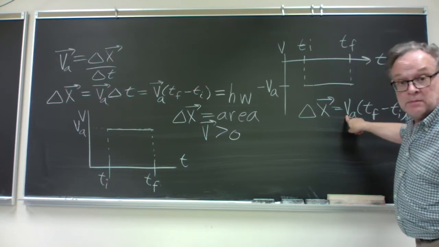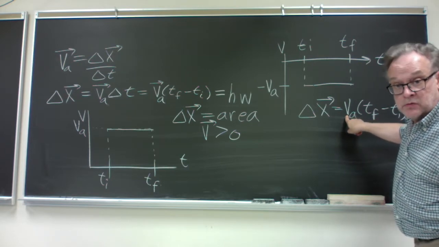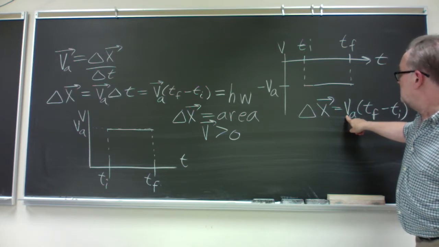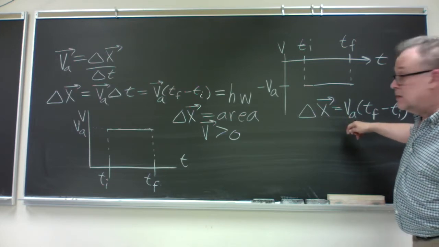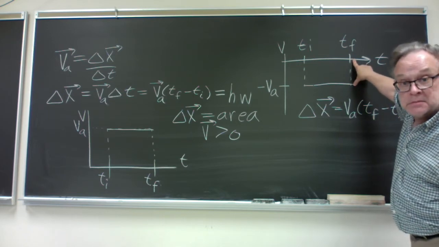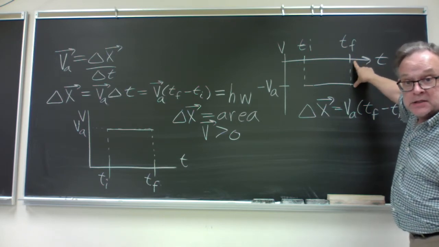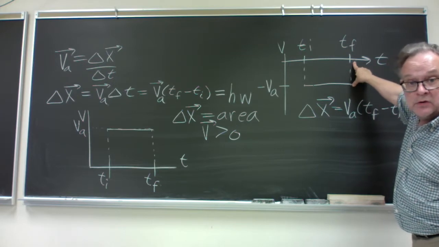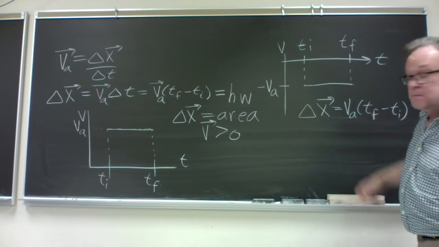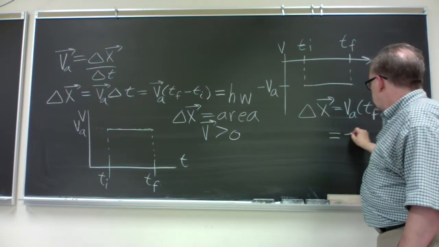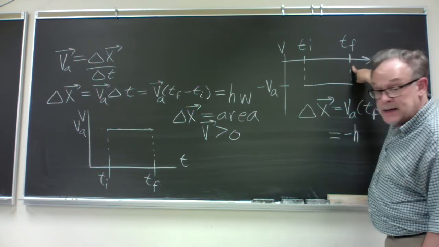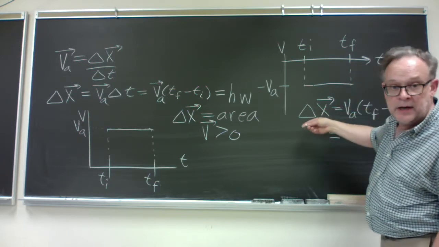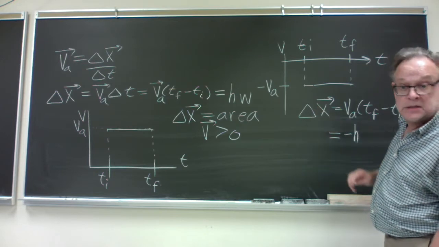This number here is negative, which we can just write as -1 times this height. Right? This height, this distance on the graph, is just the absolute value of the negative velocity. So -1 times that height just gives us our negative average velocity